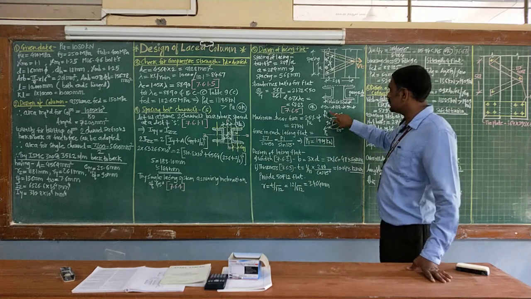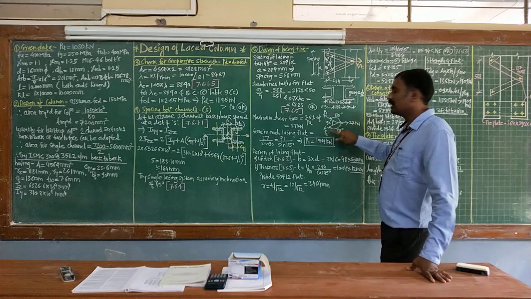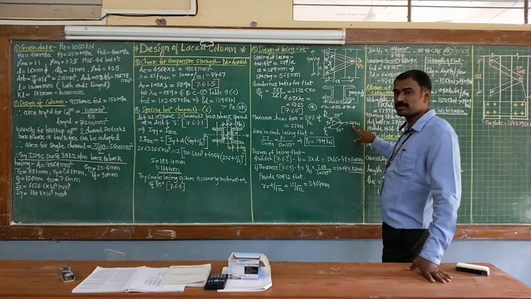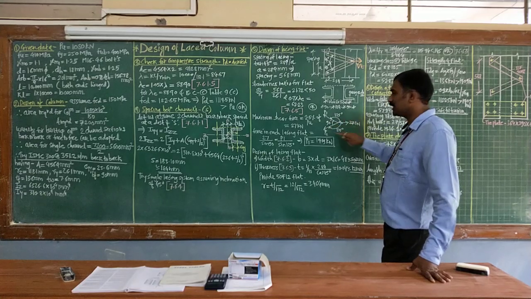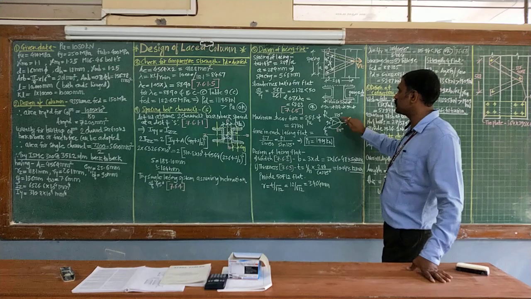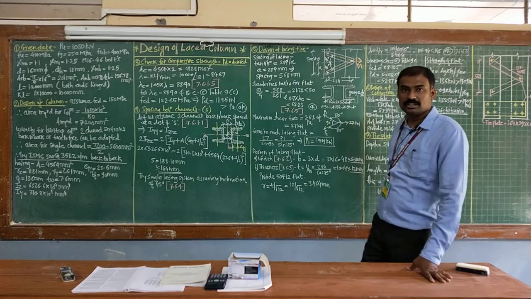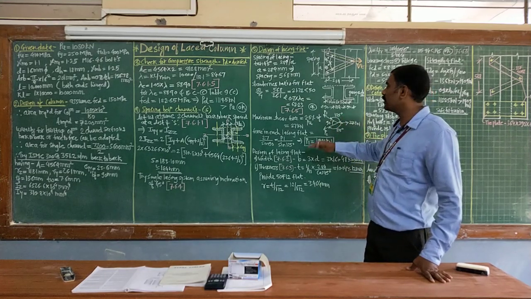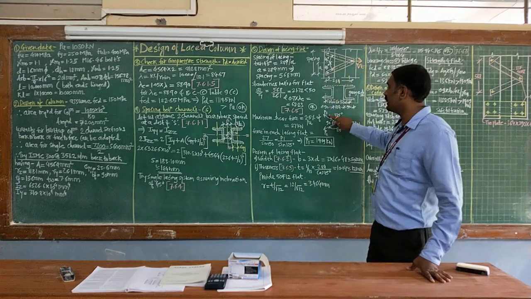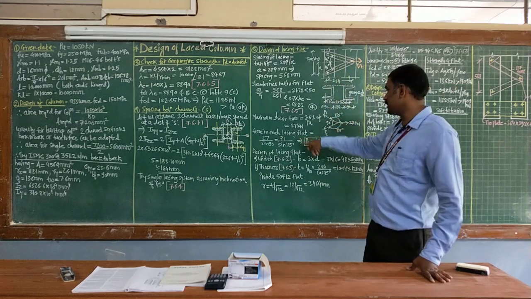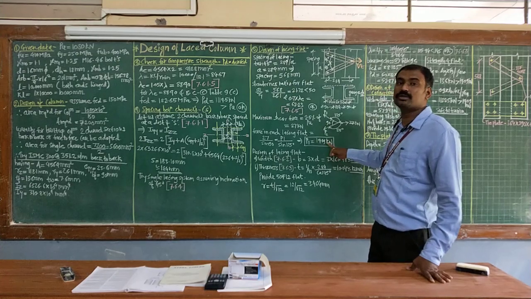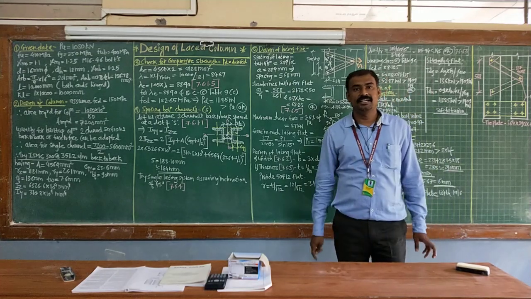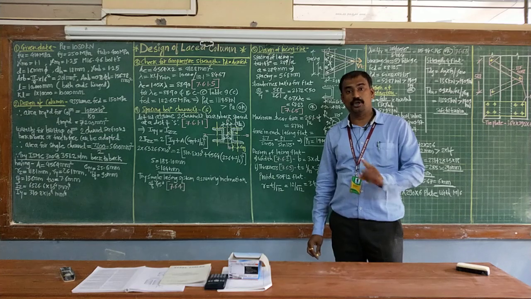Suppose this is P1 and this is P2, and the force on the opposite side is 27 kilonewton. The angle between them is 90 degrees, and the total is 360, therefore 270 by 2 is 135 degrees and 135 degrees. So adopting Lami's theorem, you can calculate the force in the individual flats, and that is equal to 19.09 kilonewton. This is the force acting in one lacing flat, 19.09 kilonewton.